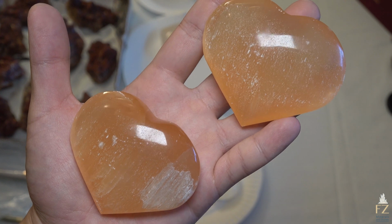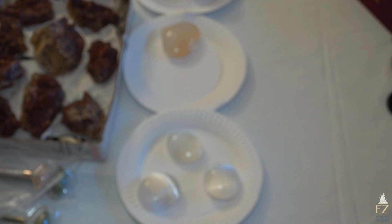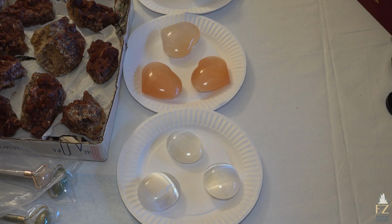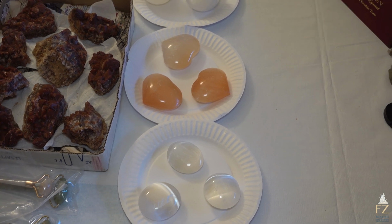And the energy in this stuff, in the polished orange red selenites, I really love them. It's got the heart and the passion mixed in with the regular selenite frequencies, making it a little bit more unique than regular selenite, and also making it very interesting when you mix and match it with different stones. And finally, we have some